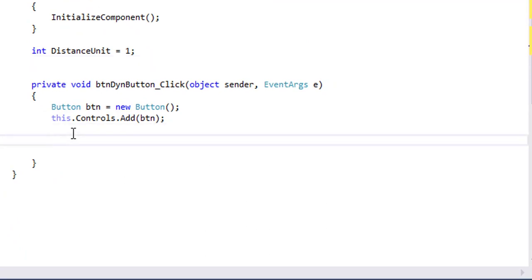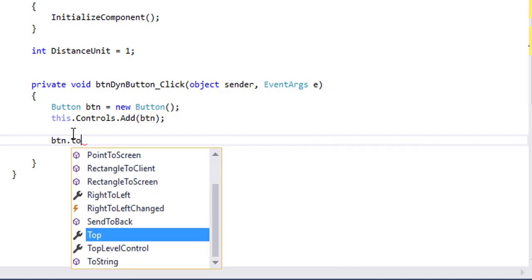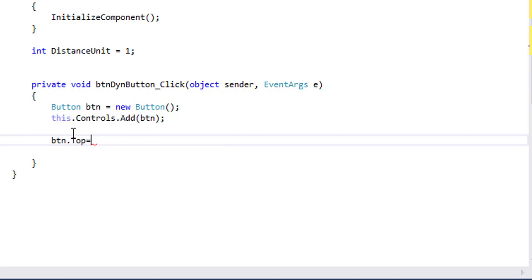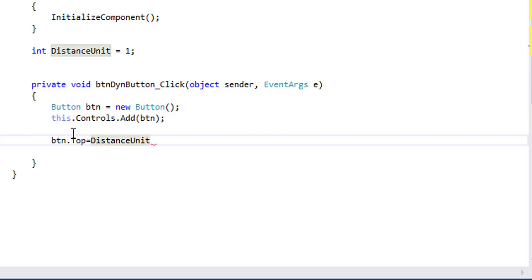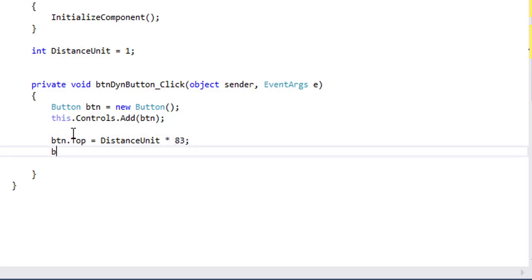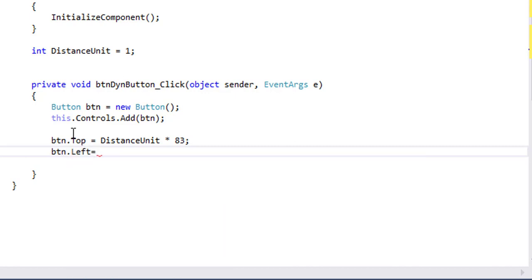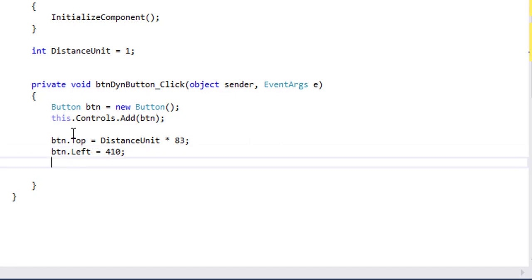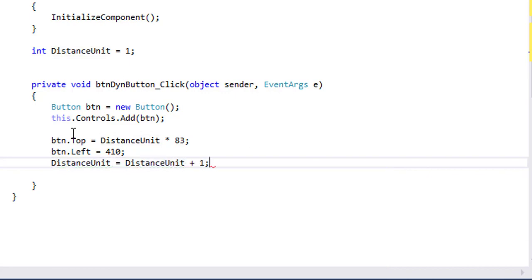Now I will set the location from top: btn.Top = distanceUnit * 83; btn.Left = suppose 410. distanceUnit = distanceUnit + 1. It will add the distance every time with the previous distance unit.